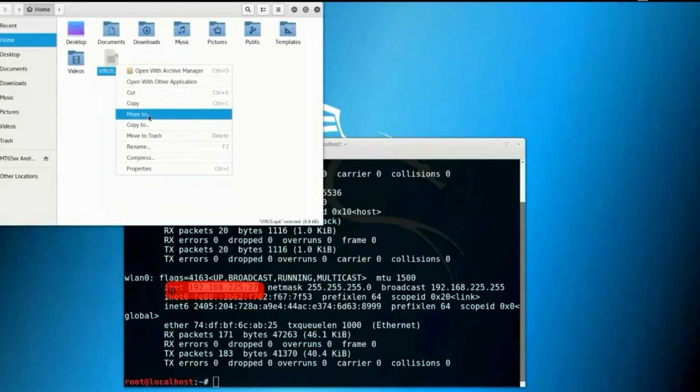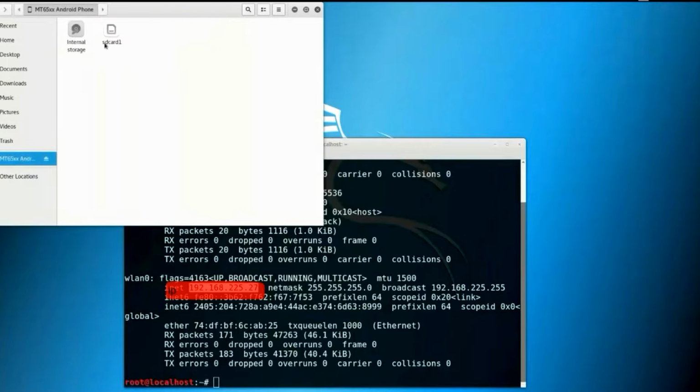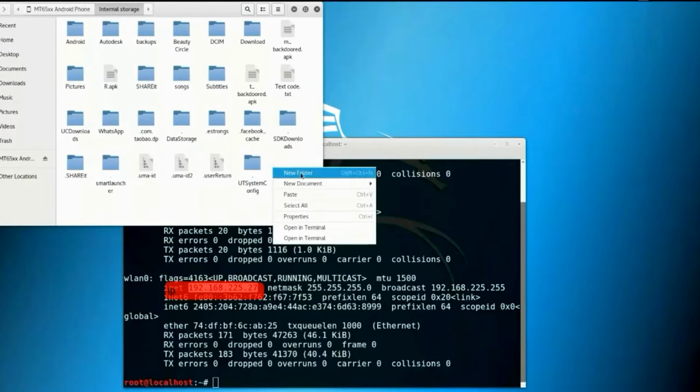I am sending my virus file to my victim. You can also upload this into any of your websites or other malicious sites. I am putting it in his internal storage.